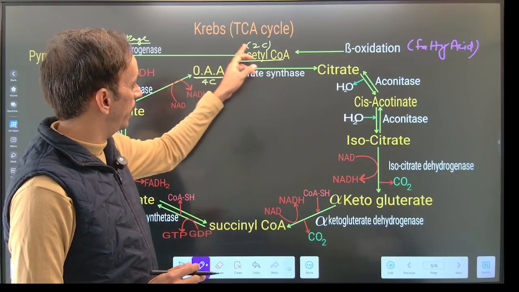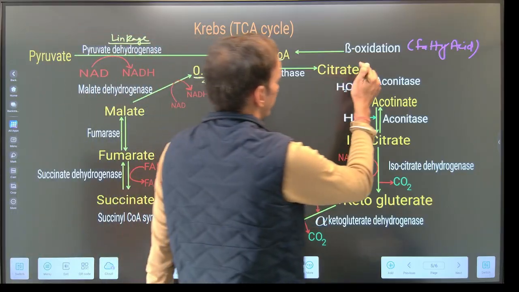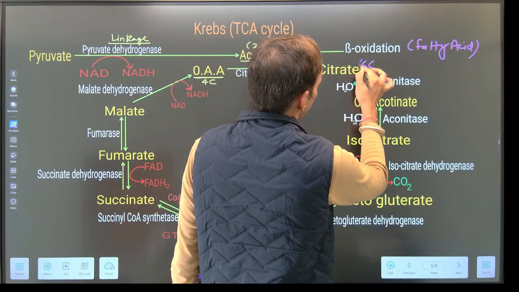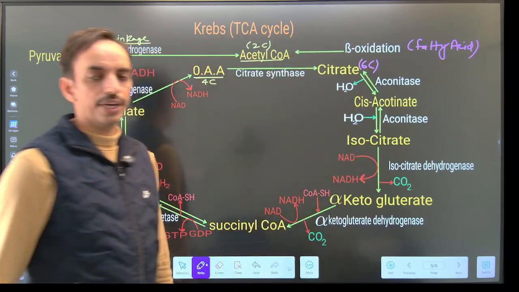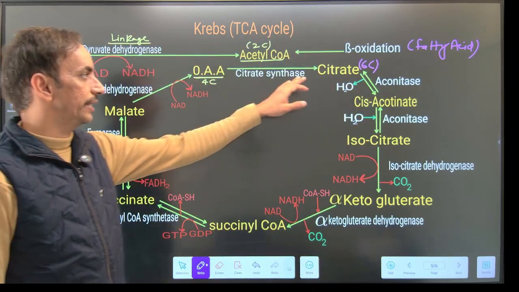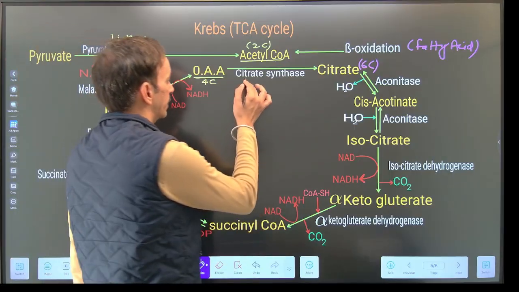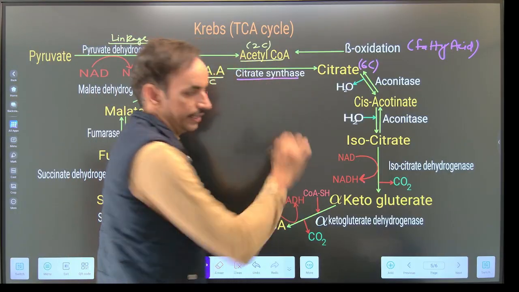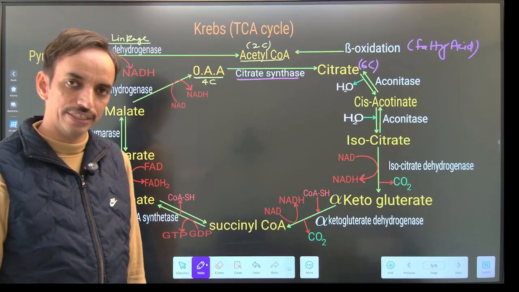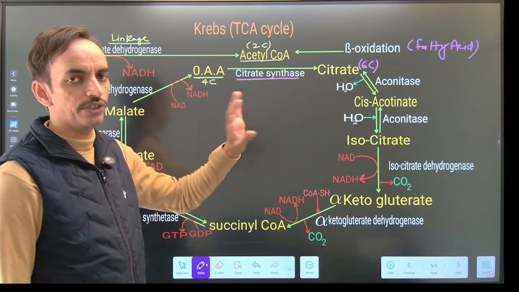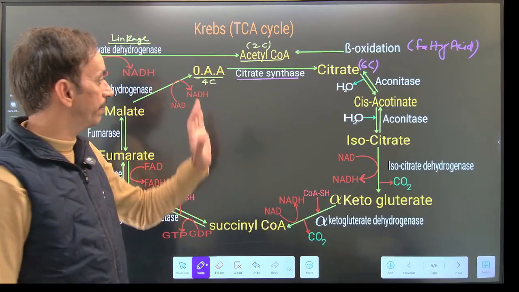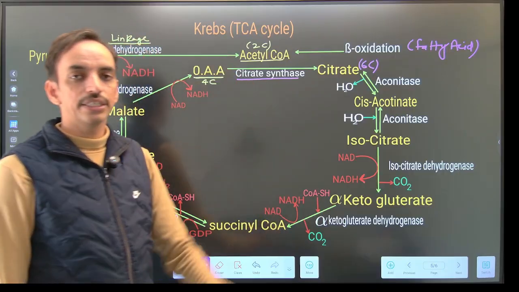So these 4 and 2 carbon, they will come together and form a first stable product of Krebs cycle, that is called as the citrate in the presence of enzyme citrate synthase. It is a synthase, not a synthetase. यहाँ पे कोई भी ATP का जनरेशन या लॉस नहीं होगा, सिंपली ये 4 + 2 कार्बन को 6 कार्बन